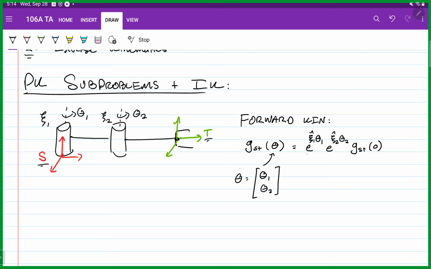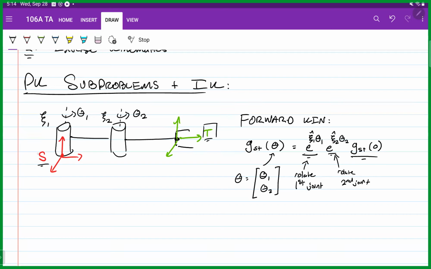Okay, so this is the transformation associated with rotating our first joint. Okay, so rotate the first joint. This is the transformation associated with rotating our second joint. Rotate second joint. And this final transformation, gst of 0, this is what allowed us to convert from our tool